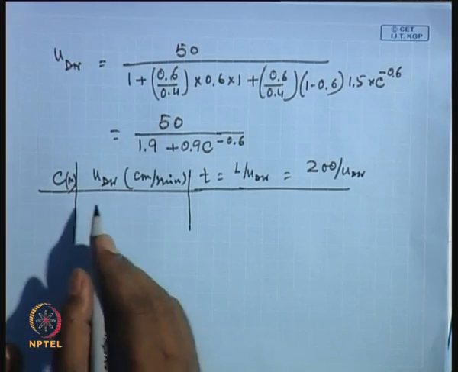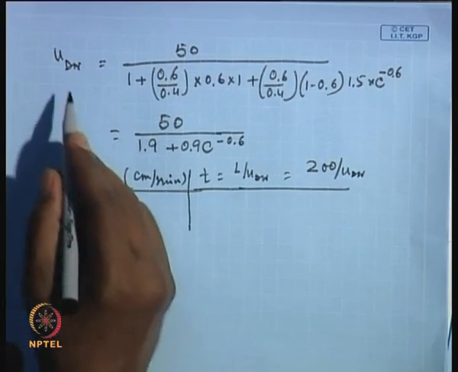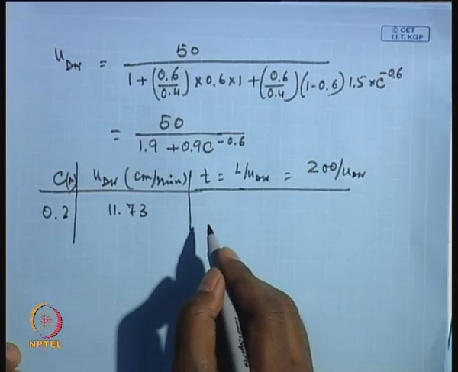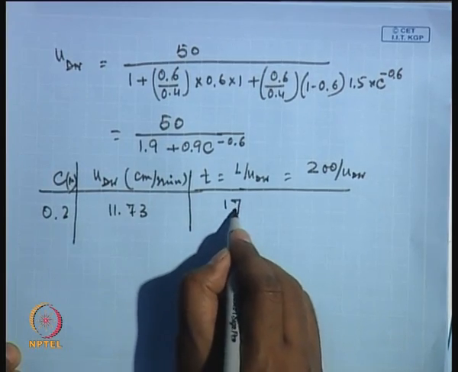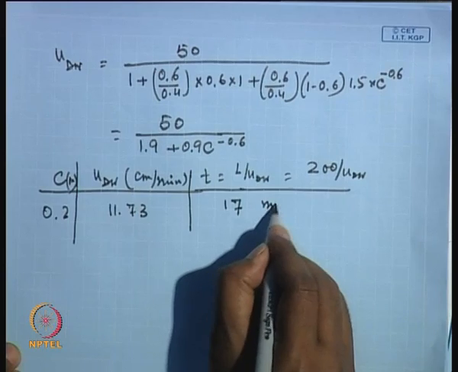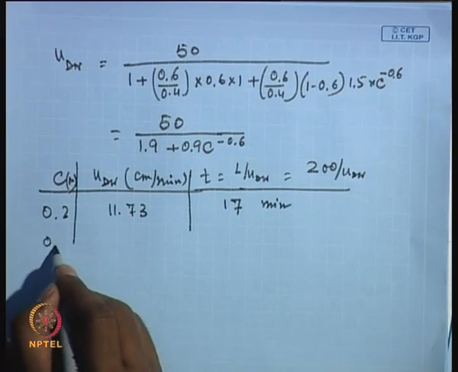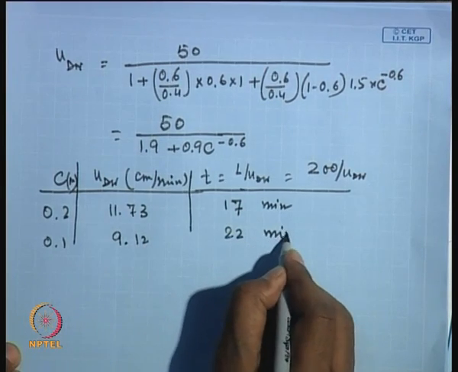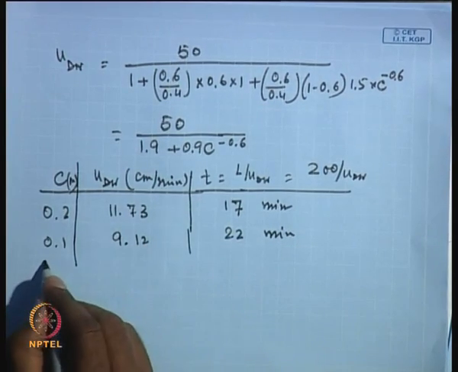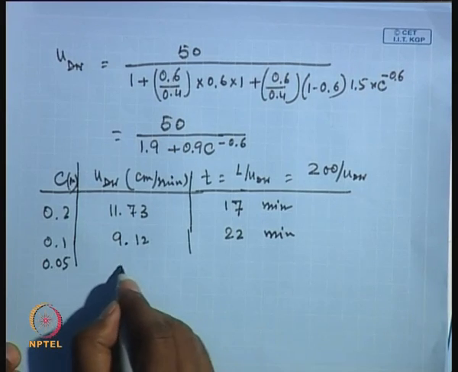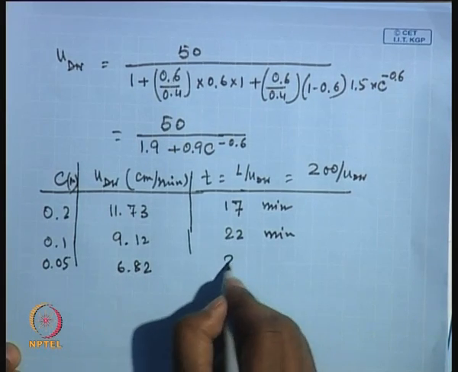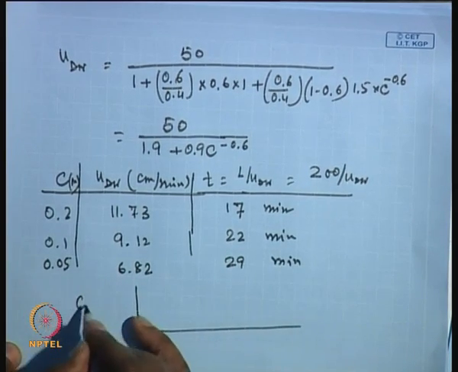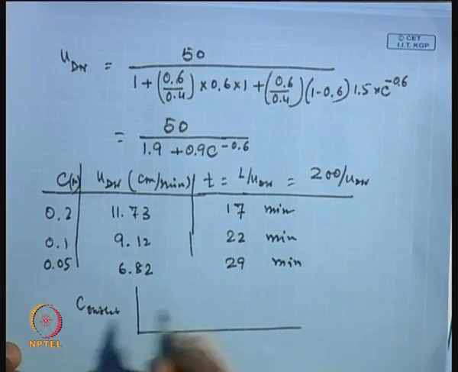So, for 0.2, if you calculate UDW, it turns out to be 11.73 centimeter per minute, and the residence time turns out to be 17 minutes. Similarly, for 0.1, you will get 9.12 and it will be 22 minutes. If you go further less, 0.05, it turns out to be 6.82 and this will be 29 minutes. So, if you plot C of the solute at the outlet versus time,